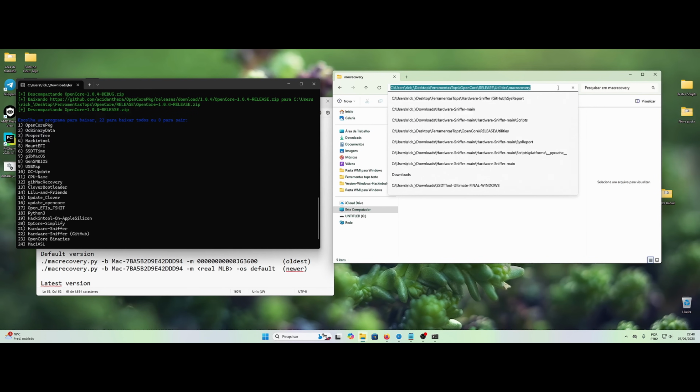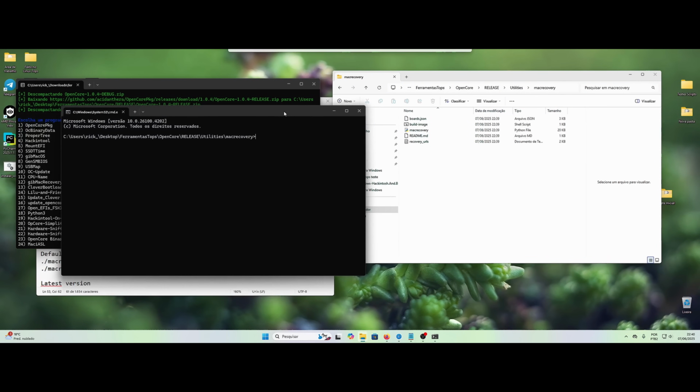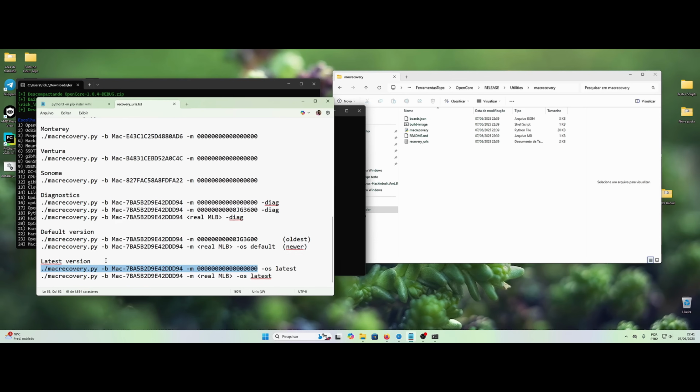I'm going to type CMD. Hit enter and it will open another command prompt for us. Let's type there python3 and give a space. Paste this command that we copied here. You can paste there. Control V to paste. Give a space here. Write download.